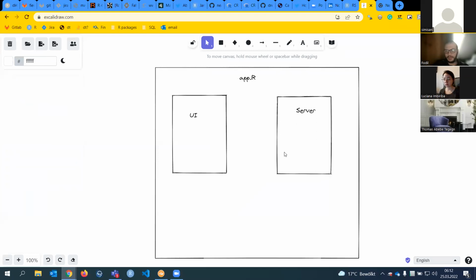With these two parts, I can create an application. The UI only contains the components or the elements that will be displayed to the user. It can be an input, a box, an image, a text, a title, etc. So anything that the user sees on the screen is part of the UI. That's for sure.